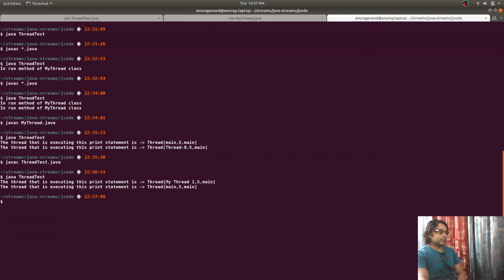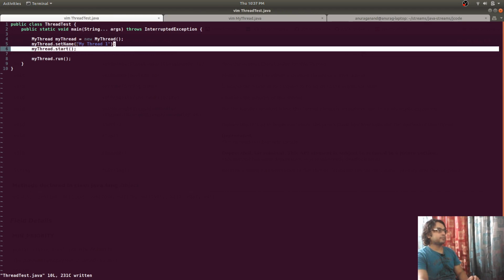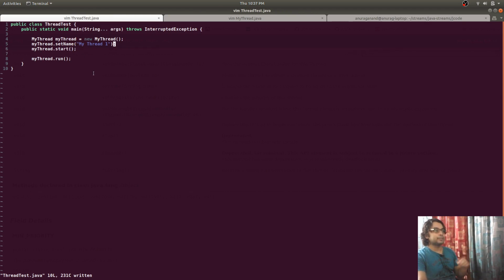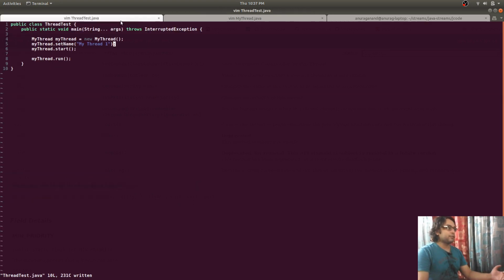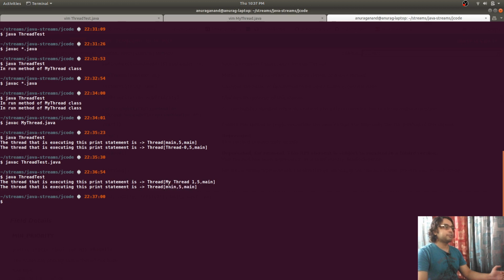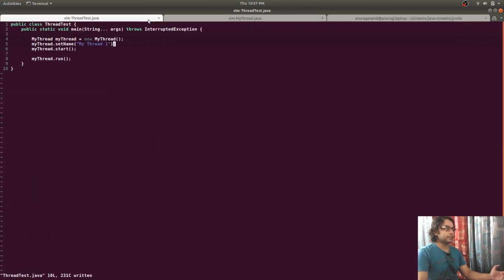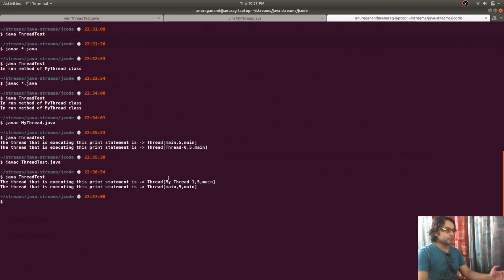Now you can see that this time it was executed by the thread that was explicitly created by us, that is our MyThread1. You can see here this is MyThread1. And the next time, when we call the run method directly from this main function using the object instance, it is executed by the main thread that is running the whole application. So you can see the difference.